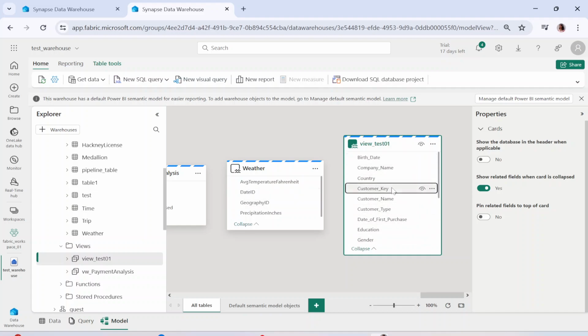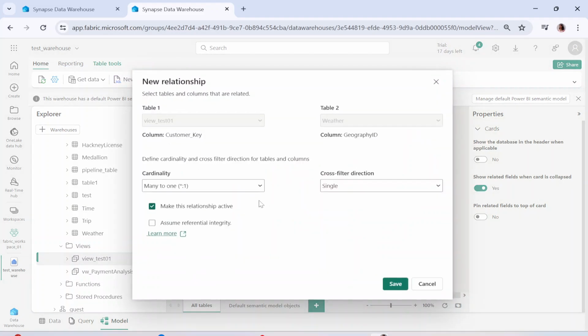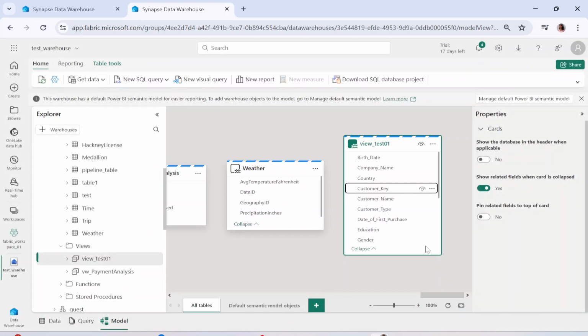So now if I want to join it with any table, I'll not go into the joining part right now, because this table might not join with any of these tables, as this is more from a demo perspective on how things work. You can assign a relationship as well. So this is how you can get the data present in a lakehouse into this warehouse and use it in the semantic model. And you can use this for creating your Power BI reports as well. So this is what is called referencing within the warehouse.